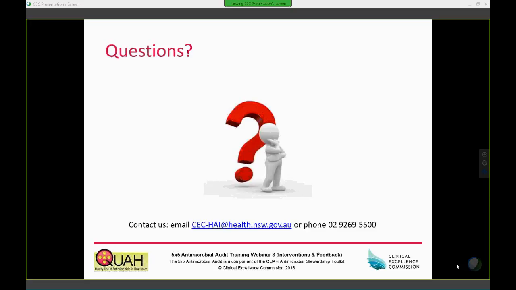Look, it is a question that we commonly get. Out of the various audit tools out there for antimicrobials, this is one that can be adapted to very small facilities, and you don't need that expertise. But when it comes to the sample size, you're not going to get 20 patients a month, and we recognise that. So the advice that we tend to provide is that it can be advantageous in a sense